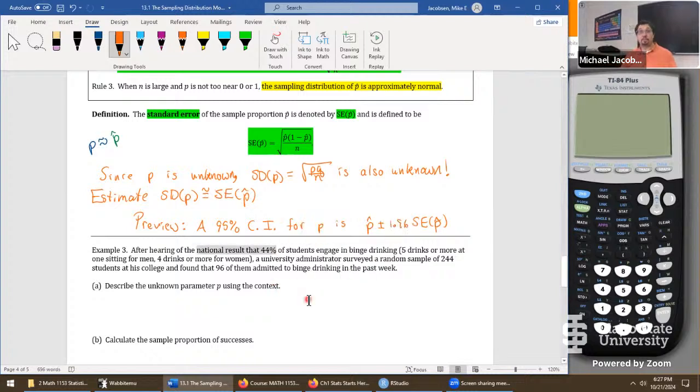That sounds like a value for the parameter, but it really isn't. In fact, even if the population was the entire nation, United States of America, that is still just a guess as well. It's a guessed value of the parameter. But here's the problem with this. There are 2 populations going on at the same exact time. This is really common in statistics. One population is the entire nation. And in the entire nation, 44% admit to binge drinking.